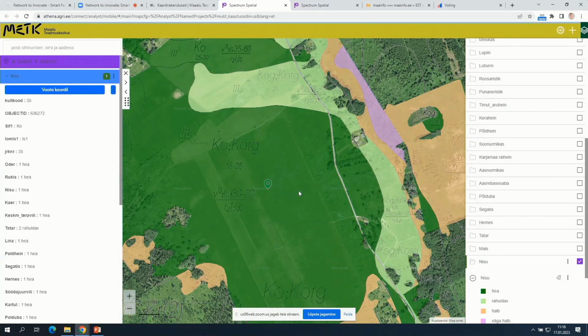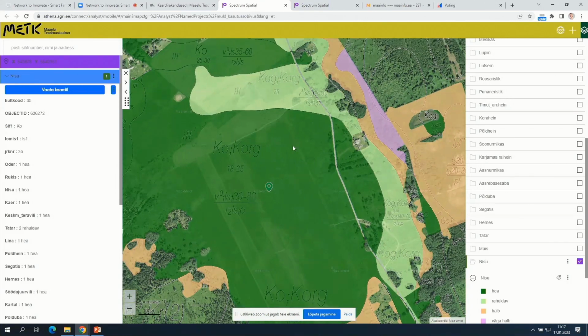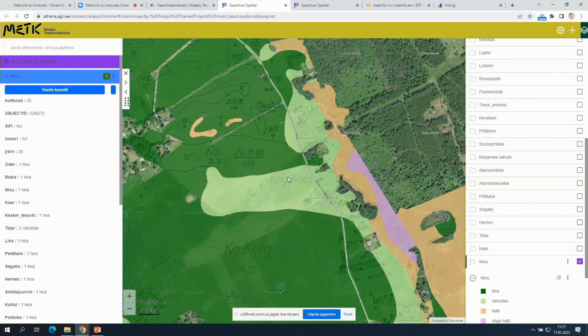For example, here in this green area, the suitability is good, but if we go to the right side, it's bad. It's quite logical why it's bad, because this is a peat soil and it's not reasonable to grow wheat on peat soils. So the base really lies here in the soil map. All the areas are differentiated by the soil textures and soil types.